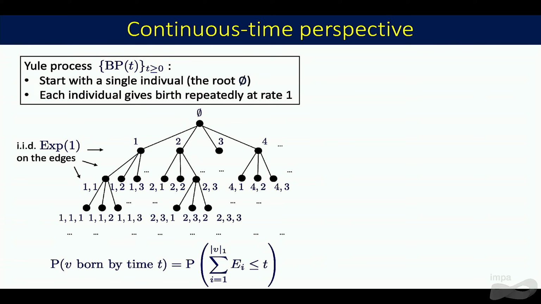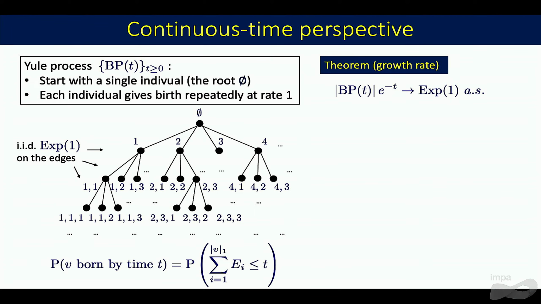So in this perspective, when is a particular vertex born? Well, the distribution of the time when a particular vertex is born is exactly given by a sum of IID exponentials with rate 1, where the number of summands is exactly the level of v. Okay? And then there are some standard known results on how to transfer the continuous time perspective to